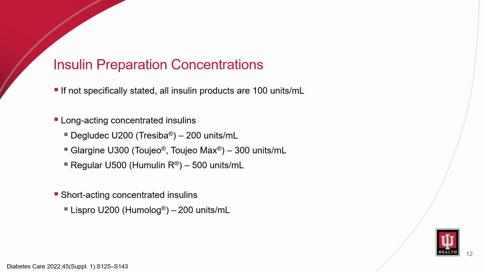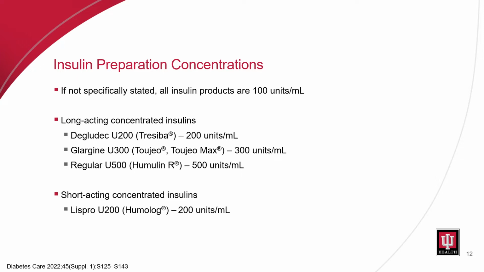If not specifically stated when you're ordering an insulin product, it's often assumed to be 100 units per milliliter. However, we do have long-acting and short-acting concentrated insulins that can be considered when patients approach an insulin requirement of about 250 units per day or more. Our long-acting concentrated insulins are degludec, which is U200 or Tresiba, so that U200 stands for 200 units per milliliter rather than the 100 units per milliliter. Glargine comes in U300, Toujeo or Toujeo Max, at 300 units per milliliter, and regular U500 is Humulin R at